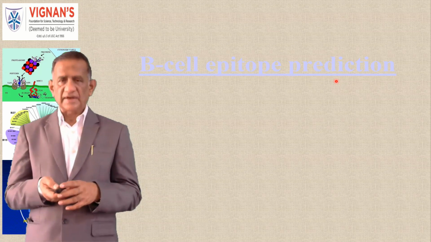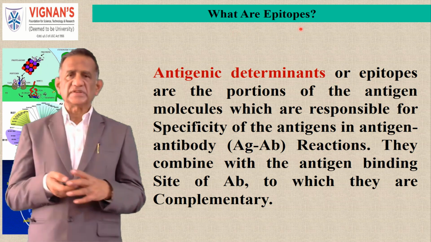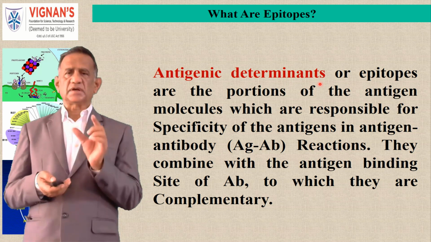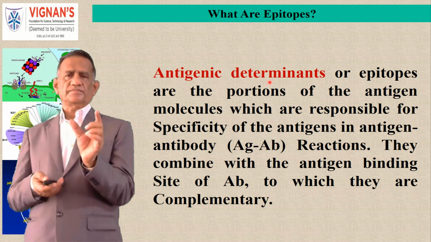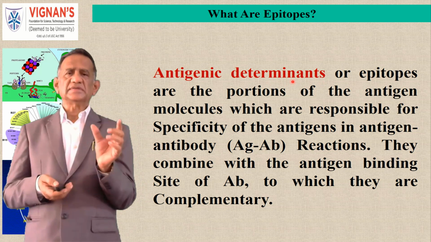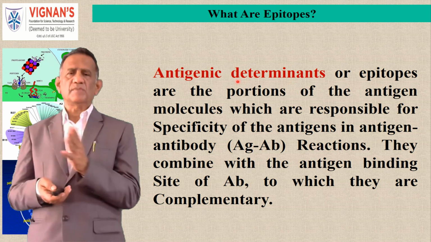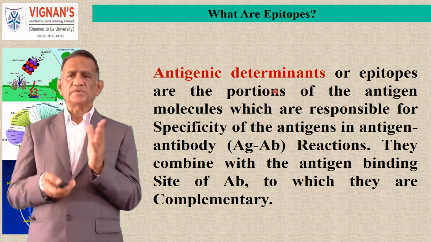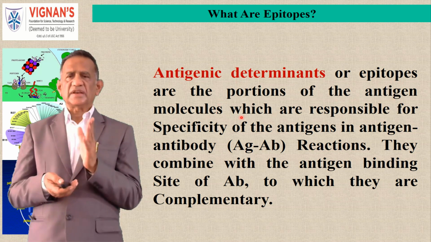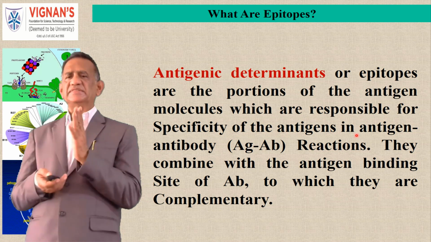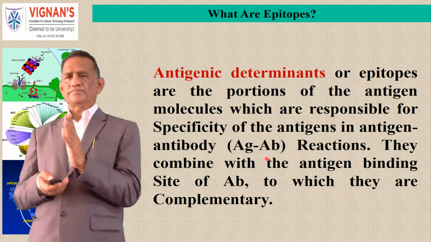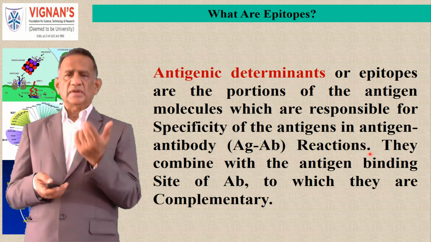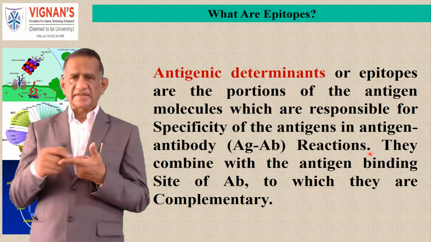Okay, let's go now. So what is epitope? Let us see the definition. Antigenic determinants, in simple terms: what is antigen? Antigen is antibody generator. Antibody generator is an antigen. Antigenic determinants or epitopes are the portions of the antigen molecule which are responsible for specificity of the antigen in antigen-antibody reactions. Whenever we see antigen-antibody reactions, that's what happens whenever you take a rapid blood test,